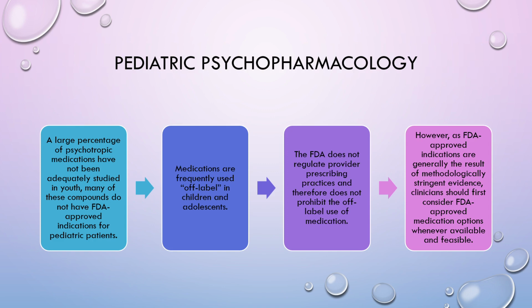There has been evidence, and clinicians should first consider FDA-approved medications when available and feasible. So they say, we want you to start out with what's FDA-approved, kind of go through your list. If you're trying to do anything and everything to get this child better and improve symptoms, and we've had multiple failures, you may have to pull in some off-label knowledge of medications to help your patient.